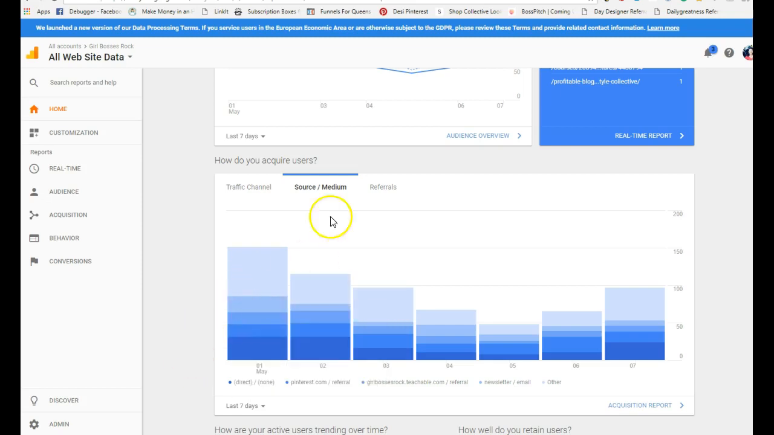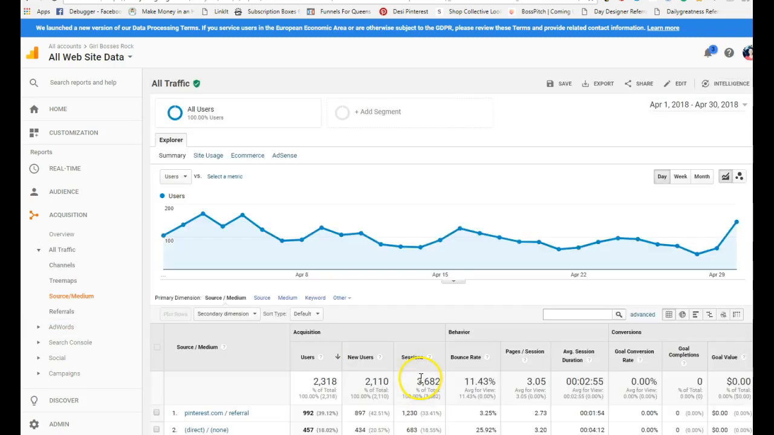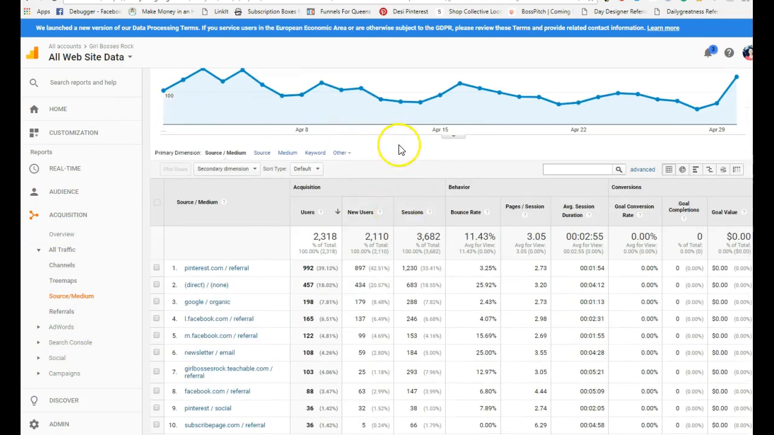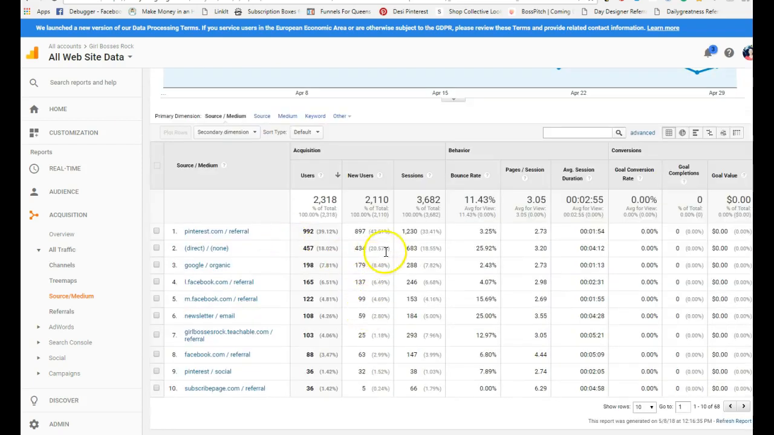So we can click over here to the acquisition report, and that's basically all of these things down here. Instead of me going through it, you can just click on it from the home page. But your acquisition is where you're getting them from: all traffic, and then you have channels, source, referrals, and all of that. So this breaks it down even more. And this period is, again, for the month of April. So of all of my users,